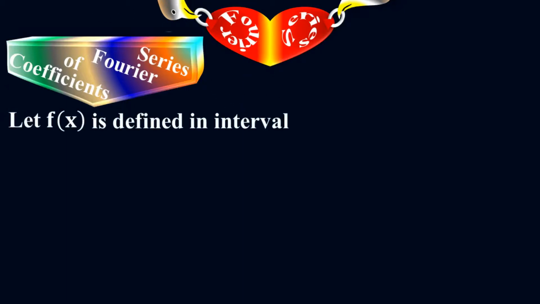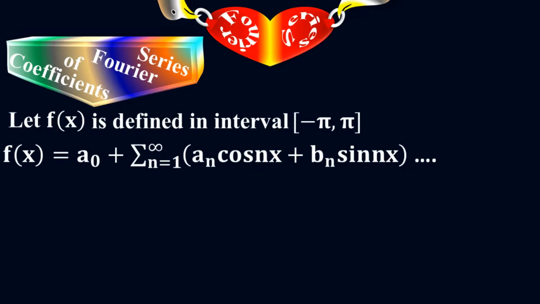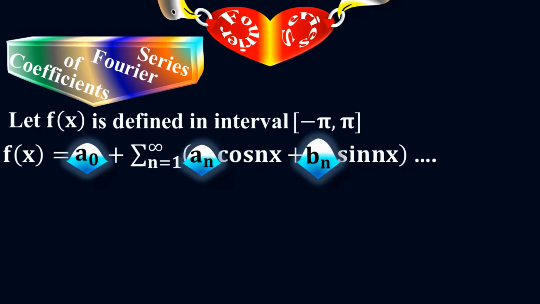Coefficients of Fourier series. We already know that the coefficients of Fourier series are a sub naught, a sub n, and b sub n. But now I'm going to derive the formulas for a sub naught, a sub n, and b sub n. Let's say f of x is a periodic function, which is defined in the interval minus pi to plus pi. From the formula of Fourier series, a sub naught, a sub n, and b sub n are the